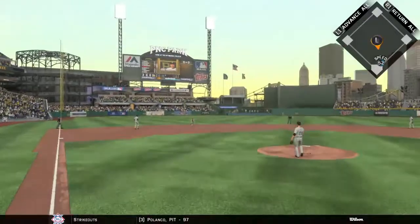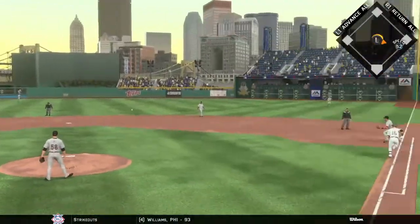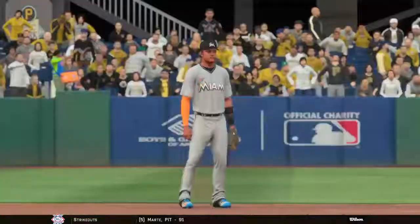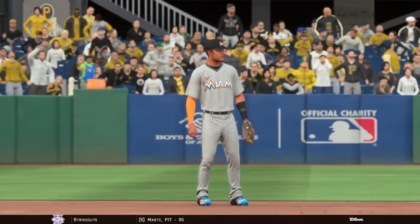Hit on the ground to short. Rojas over to his left. Throw on to first, and one shortstop grounds out to the other, one away. Catcher